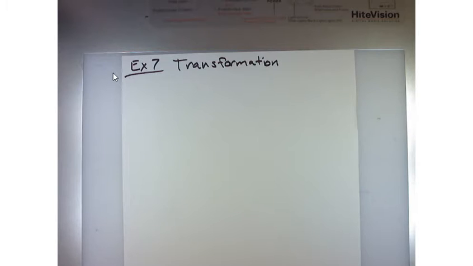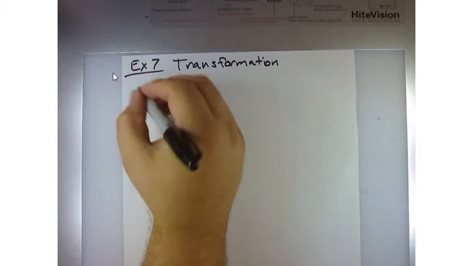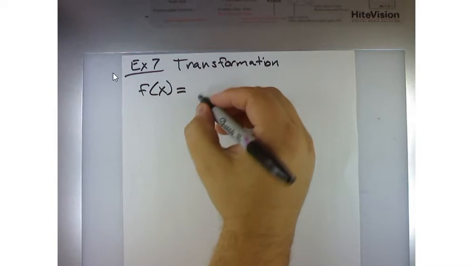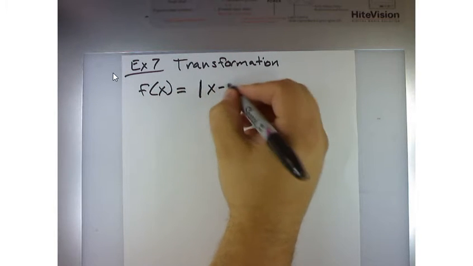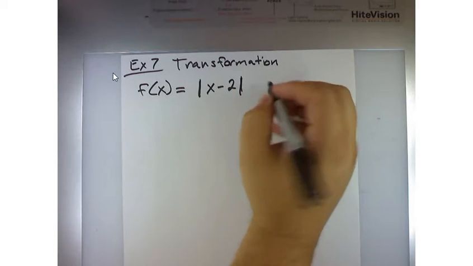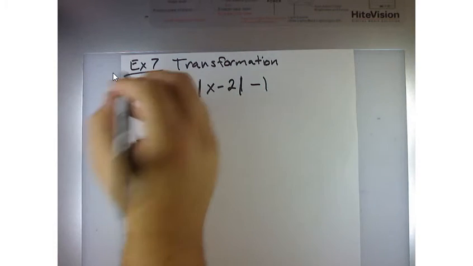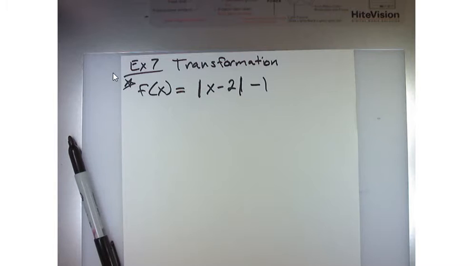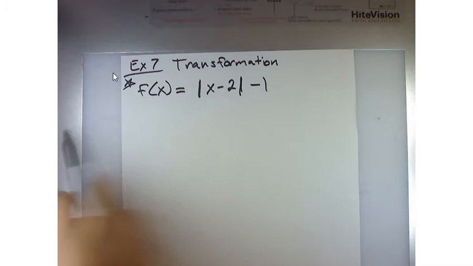So if I have an absolute value function, if I were to consider the function f of x is equal to the absolute value of x minus 2, minus 1. Now put a star on this one, because this little issue of absolute value functions comes up time and time and time again. If I were to graph this function,